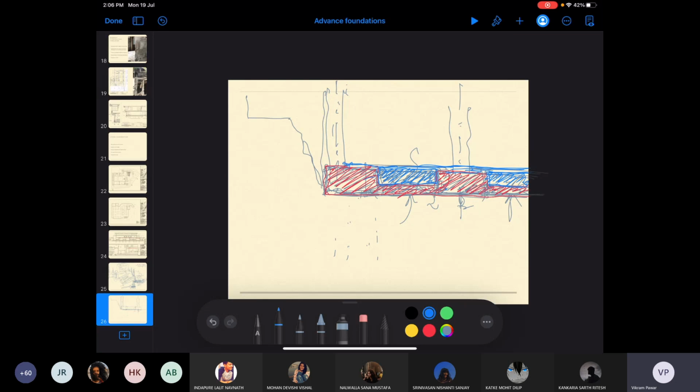Correct. So my question is, what do you fill this up with, and what is your opinion? If I fill it up with concrete, you will say, okay, that's so much concrete waste. If I fill it with earth, there will be some issues. If I fill it up with brickbat, there are some questions. So how do you come to a conclusion? Okay, this material will work, this will not.